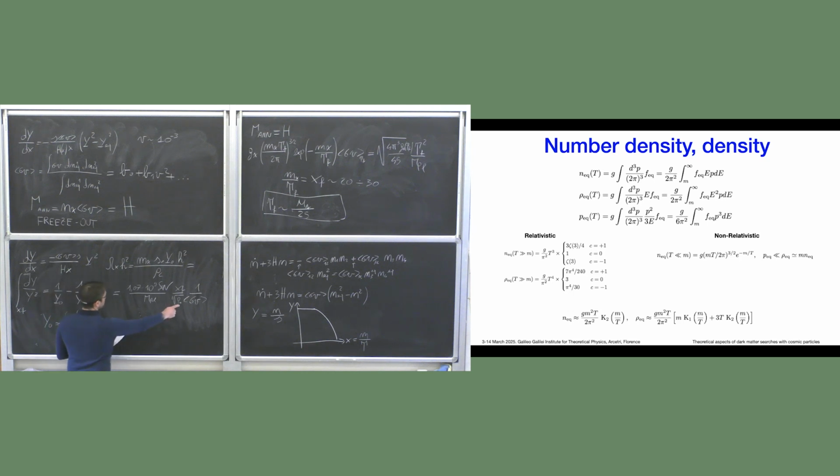For g star we put 80, and finally we can find that this is equal to 10 to the minus 26 centimeter cube per second as a function of sigma v. We keep the dependency with sigma v. And so basically you find that for a sigma v that is roughly the thermal cross-section, it's called thermal cross-section, so it is between